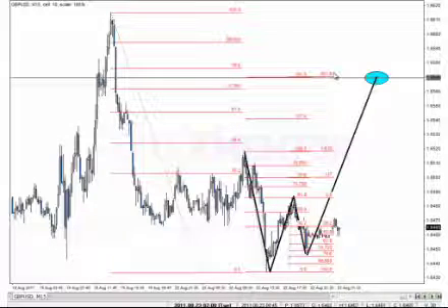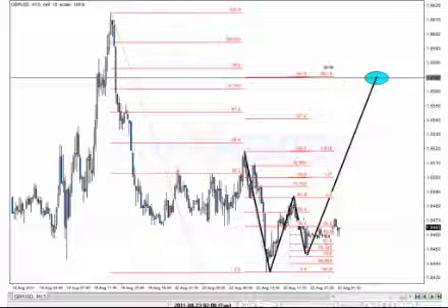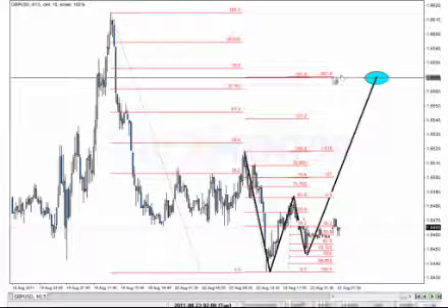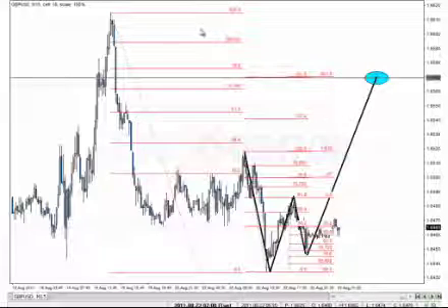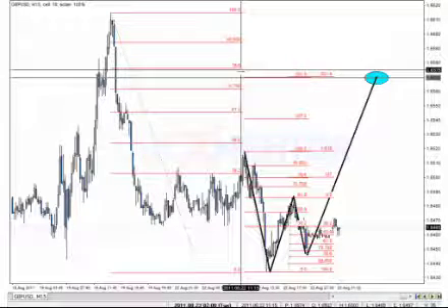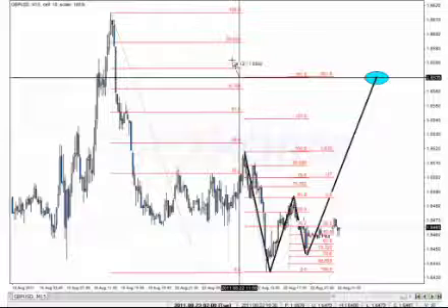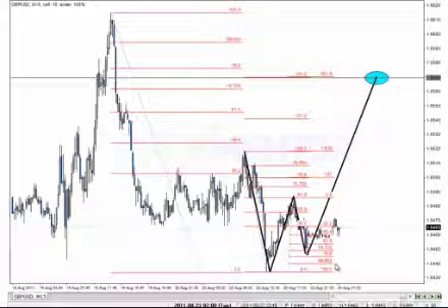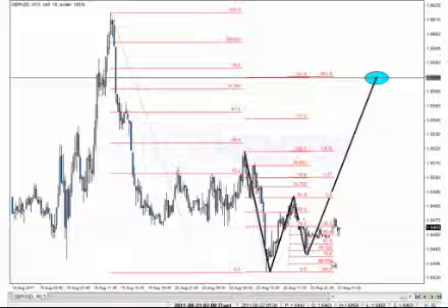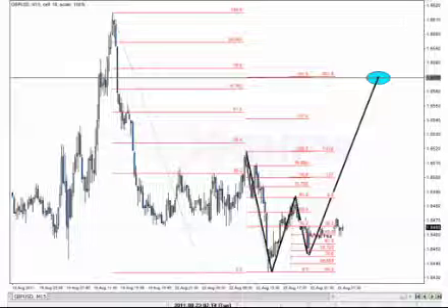So as with the other crab patterns, I want a tight stop loss, because what you'll find is when these things work, they work pretty much to the pip. So we're going to look at a stop loss just above the 79 level, which will be about, let's call it 15 pips or so, and our target will be way down here towards the lows, around the 886 area. So if we just follow price along here a little bit,